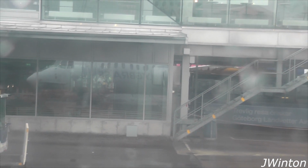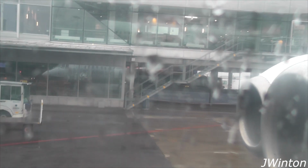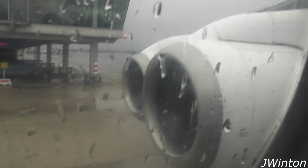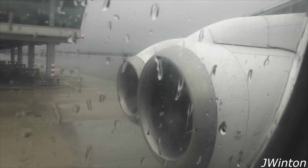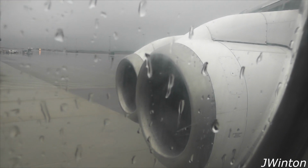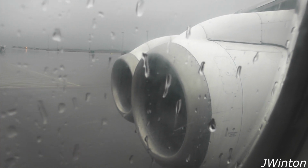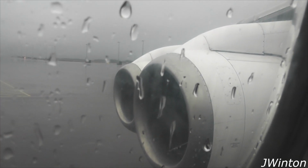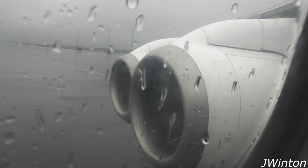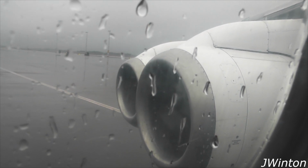The Avro RJ100 was built near Manchester at BAE's facility at Woodford. This aircraft first flew with Sam Columbia and was delivered in September 1994. Then delivered to Malmö Aviation in Sweden in April 2001, before then going to BRA Braathens Regional Airlines in February 2016. So the aircraft has seen some service, but now that it is stored at Norwich, it does beg the